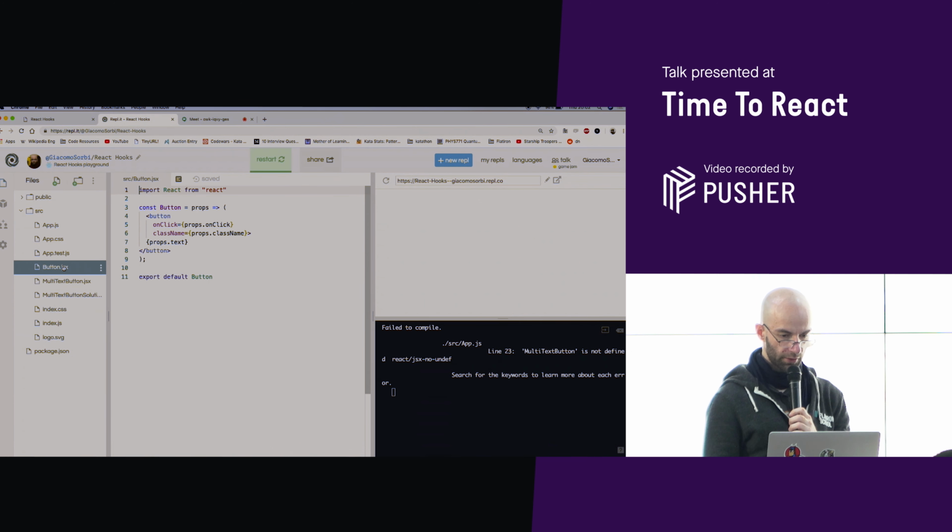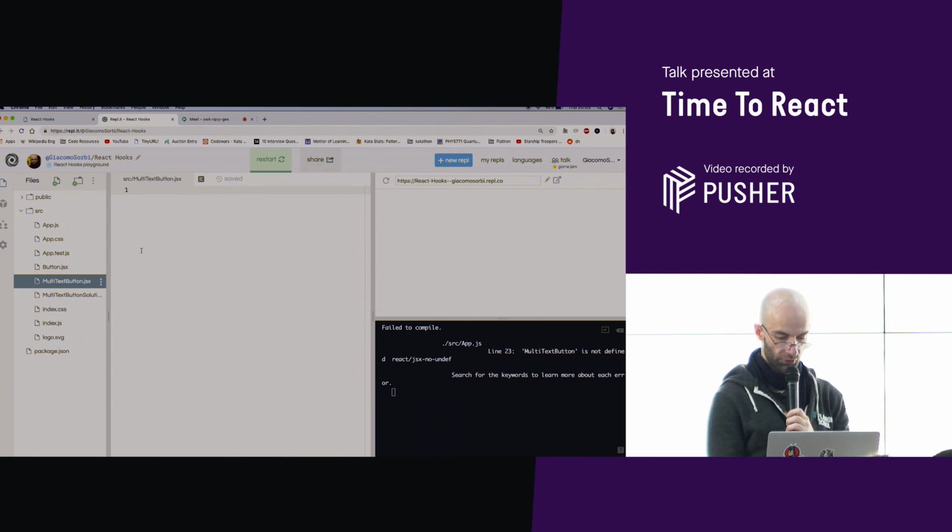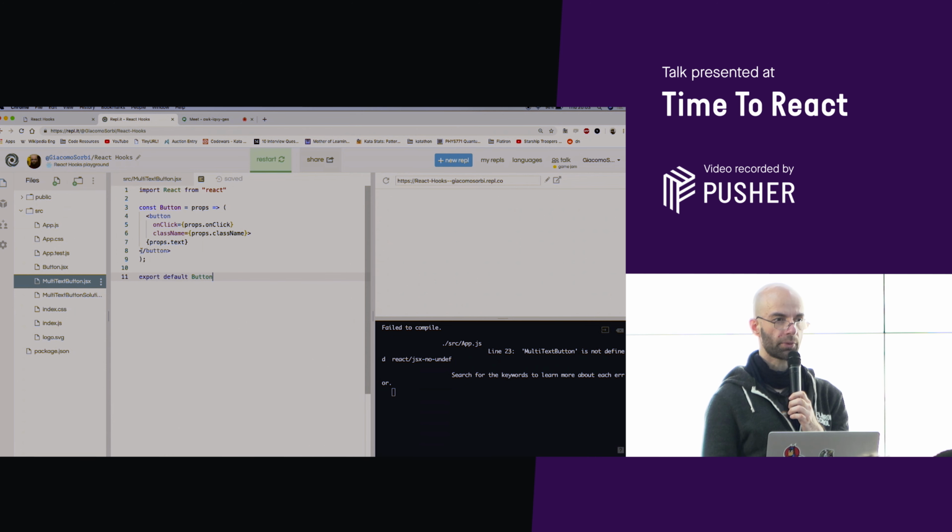So let's take what this is doing as a template. This was our old school button component. We are going to change it now. It will get an upgrade to multi-text button. I really suck at typing. So let's proceed as we said.